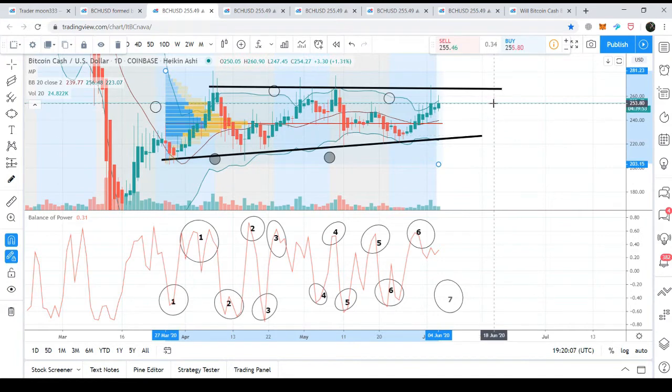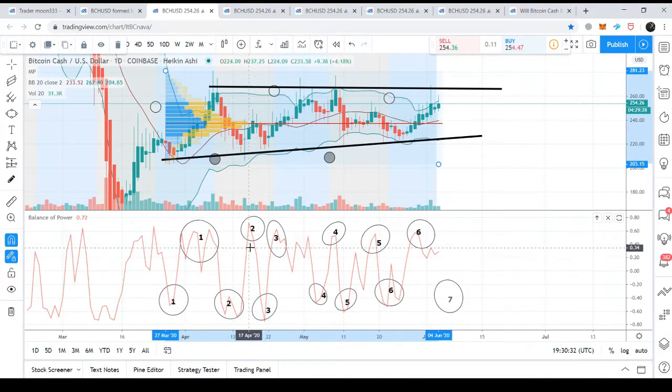And if we see this level, then it is up to $255. So this is the level where the price action at this time is moving, where the trader's interest is really very weak. Therefore, there are chances that the price action will drop another time to retest the support of this wedge. And if we look at this balance of power indicator, then we can see that the balance is equally